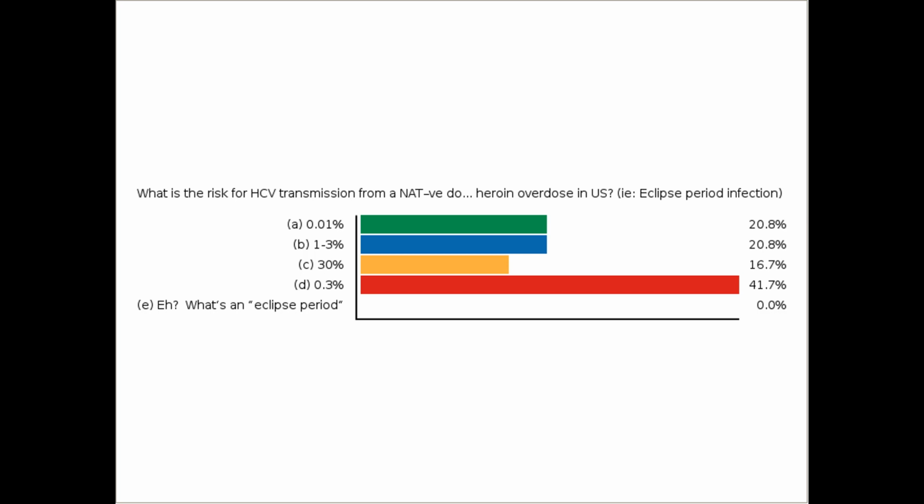So in actual fact, it's about 1 to 3%, and the numbers are a little challenging to really calculate, and probably depend a little bit on where in the country you are and what the local hepatitis incidence is in your IV drug using community. But it's a little more than we would have instinctively thought, and I want to go through this. It's certainly, fortunately, not 30%, or I think none of us would be wanting to take these donors.